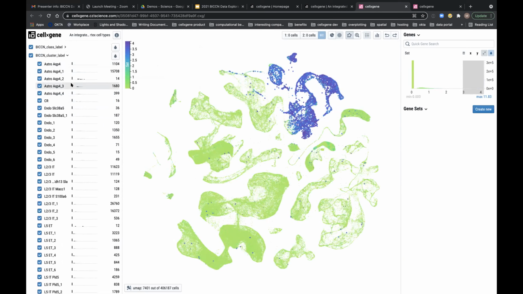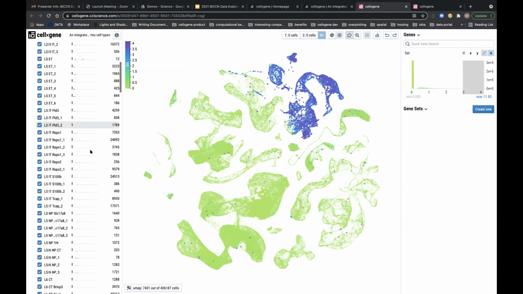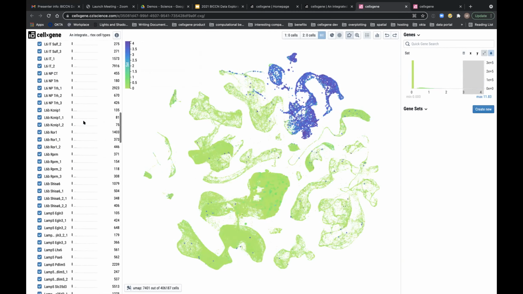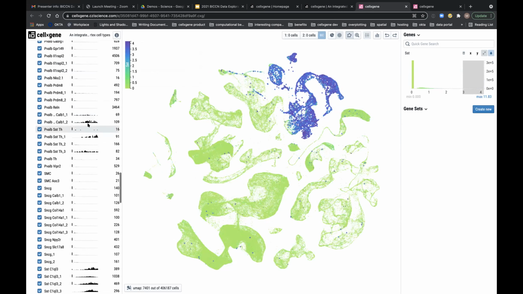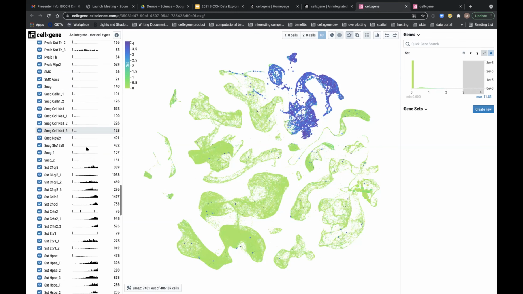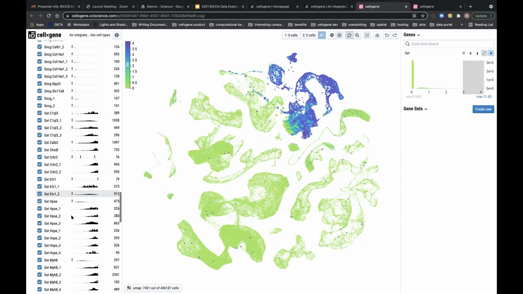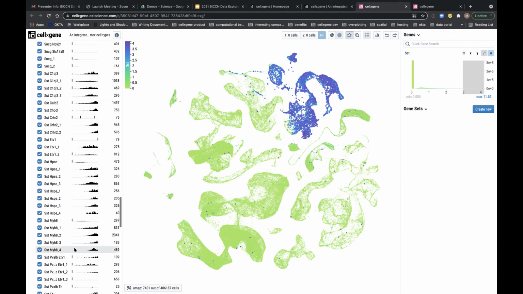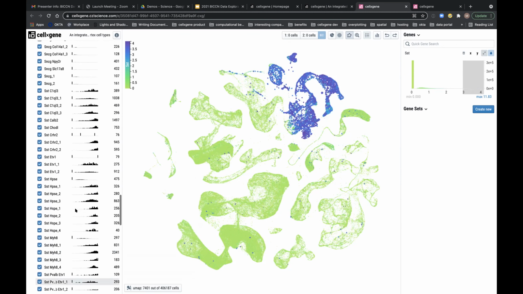So in this instance, I've opened the BICCN cluster label, and we're not seeing a lot of expression here until we get, sorry, S is way far down the alphabet. So parvalbumin, but really in the somatostatin. So basically all these various subtypes that are expressing somatostatin, or which have been annotated as expressing somatostatin.